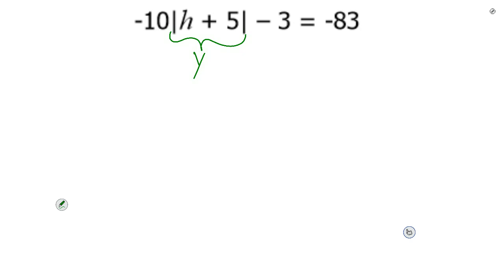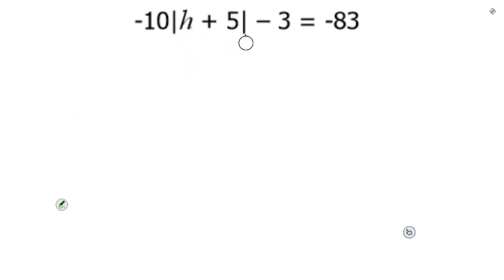So if instead of that being an absolute value, what if this said 10y minus 3 is equal to negative 83? Well, we know what to do with that. We've been doing these two-step equations since last week. If I were doing a two-step equation, I would be adding 3, right, and then dividing by negative 10 and then be done. Okay, so we're going to do the same thing, but we just need to do them with